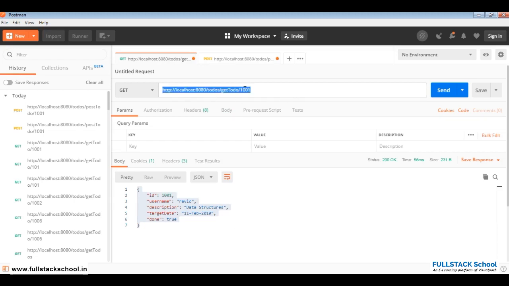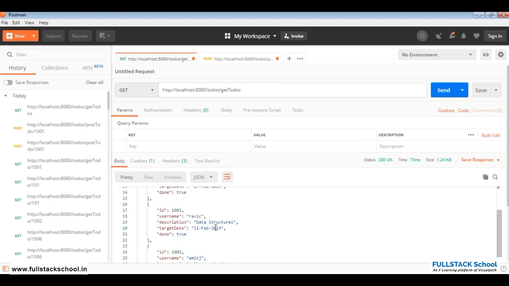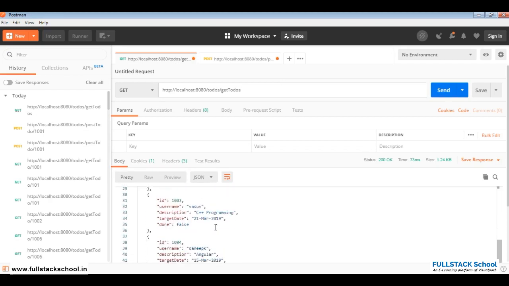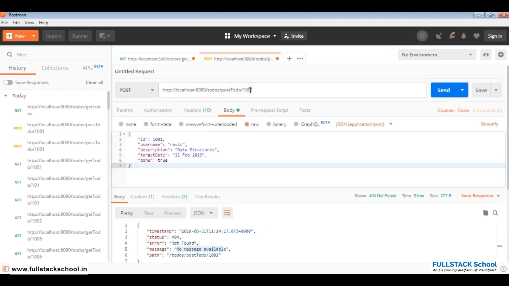Get toDos. Let me see what all toDos we have, and I remove this. 1, 2, 3, 4, 5, 6, 7, 8, 9, 11, 12. 10 is not there, so I make this 10